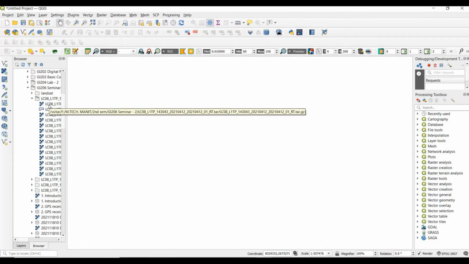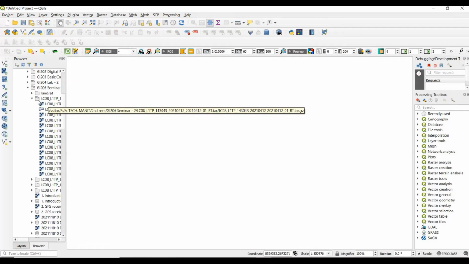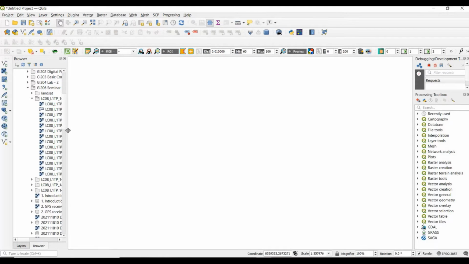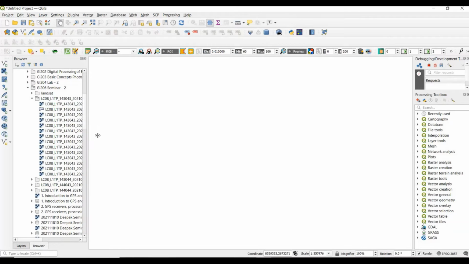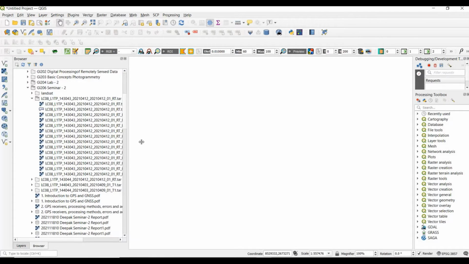So this is the Landsat 8 data. We can see that there is band number 1, 10, 11, 2. So these are the band numbers.